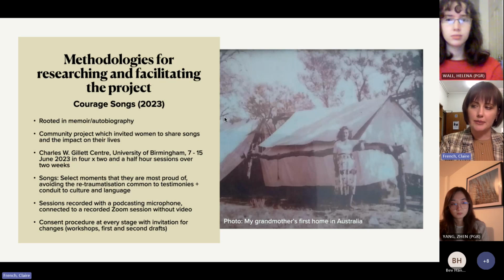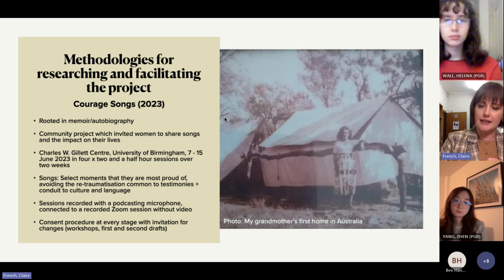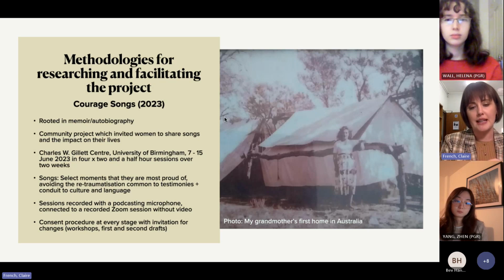That consent process is really important for me because people are constantly changing their mind and should be able to. And so at the beginning of the recording process, they signed it. Then I brought it back into the process at the end and just made sure that they're still comfortable with that and they can change details or unwrite themselves and decide that they don't want their stories to be part of a potential play or research.